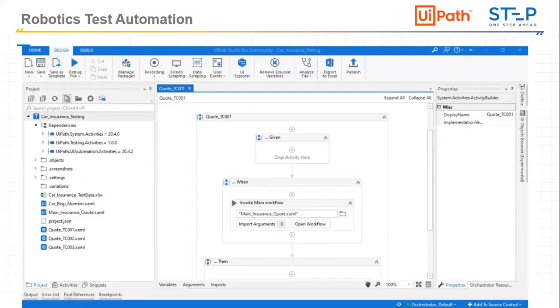Even a non-IT person, a non-coder, or those who are not interested in coding can go and do this type of test automation. As well as, time to market is very less, because this needs less time than coding. The framework is already ready, so you just have to use that framework. You don't need to create the framework. So that is the beauty of test automation by using robotics, by using the UiPath Test Suite. This is very easy, it is not time consuming, and it is very beneficial for those who don't want to code.